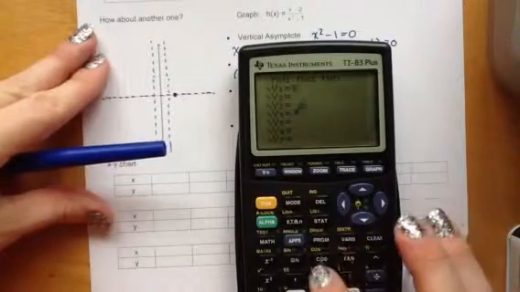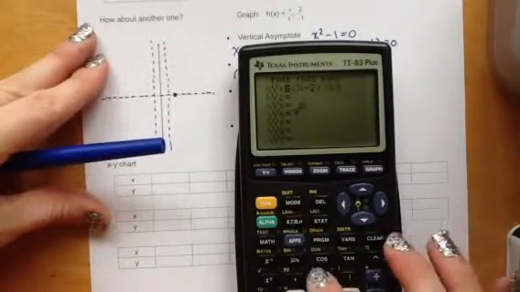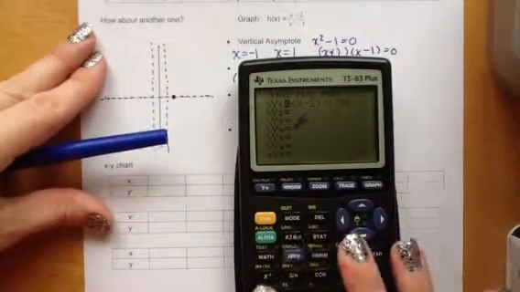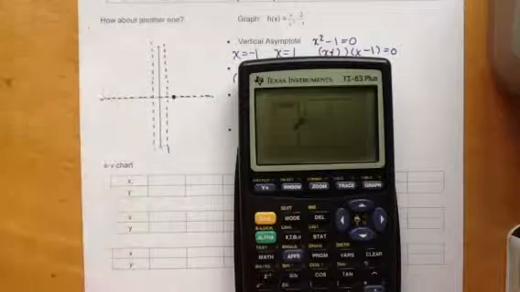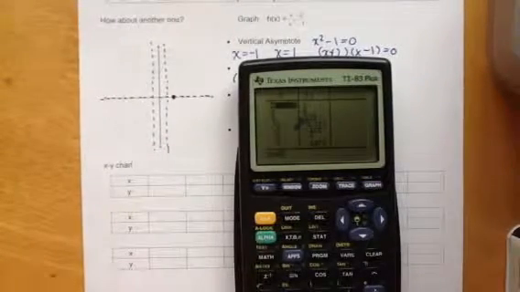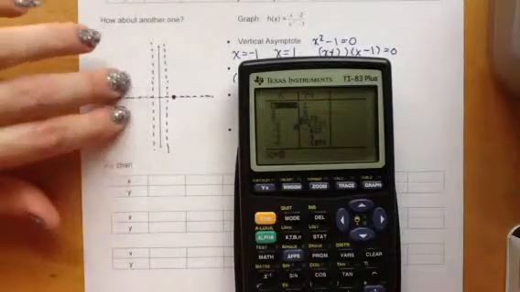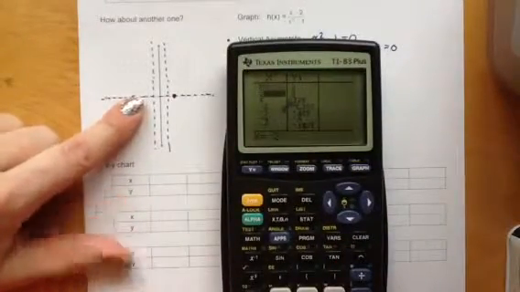I have (x minus 2) in parentheses divided by (x squared minus 1) also in parentheses. And I'll go to the table. So I'll work on this section first. So I'll maybe pick -2,